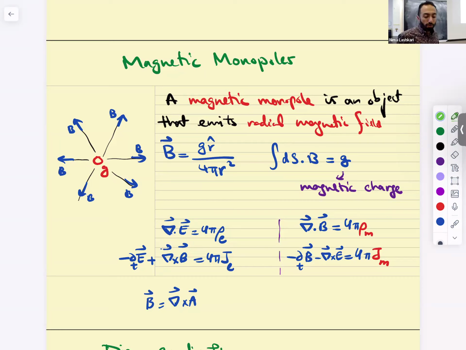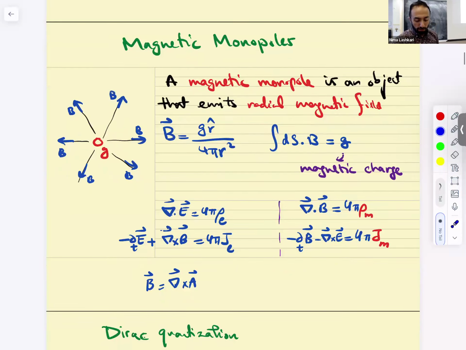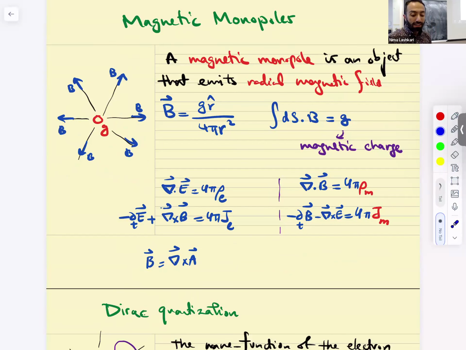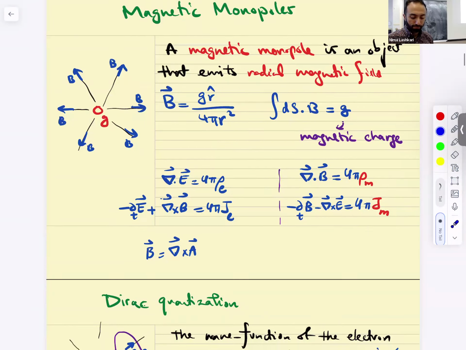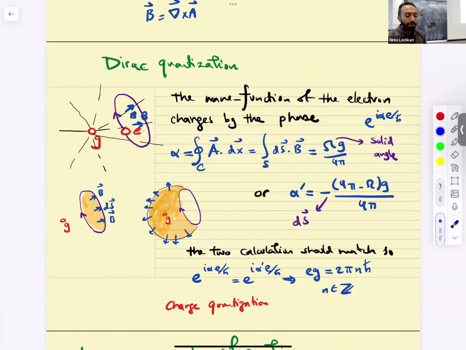All right, so magnetic monopole. A magnetic monopole is some object that creates a radially outwards or inwards magnetic field, depending on the charge, right? And then there is some sort of a Coulomb law for it. If it exists, it would modify Maxwell's equations by introducing magnetic charge density and magnetic current. We said that if they exist, right? This sits here. There is this flux that it creates, exactly like here.